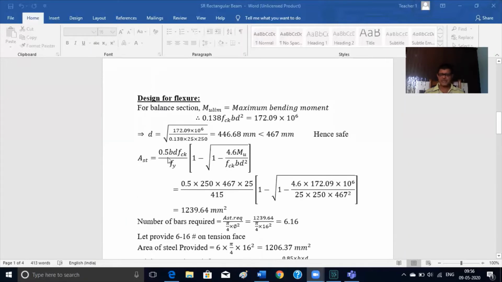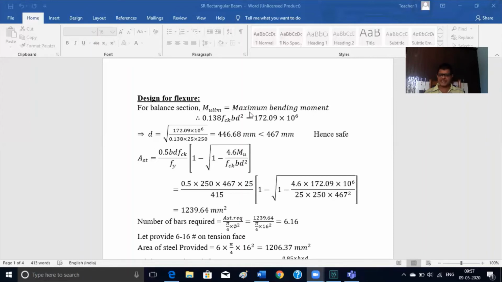Now, in the design, the maximum bending moment that will occur in the beam due to the external loads and the self weight must be equal to the limiting section, because you know that a section is either under reinforced, over reinforced, or balanced. Generally it is designed as a balanced section, and then you can go for under reinforced. Over reinforced sections are not allowed in the design; they should be discarded, and if it is over reinforced, you have to redesign the section. So either it is balanced or under reinforced. Generally you go for the balanced section.